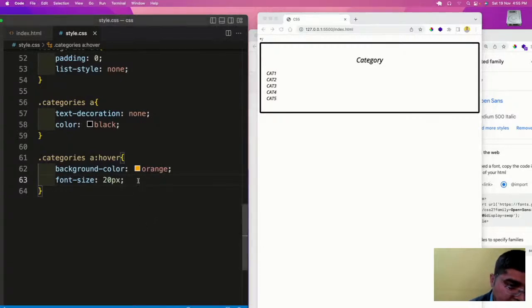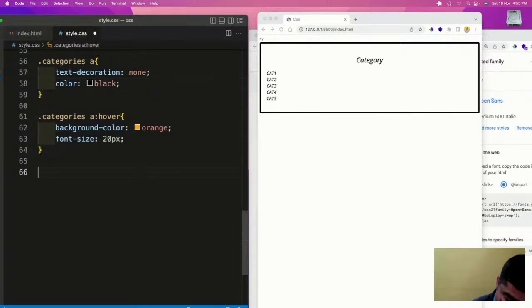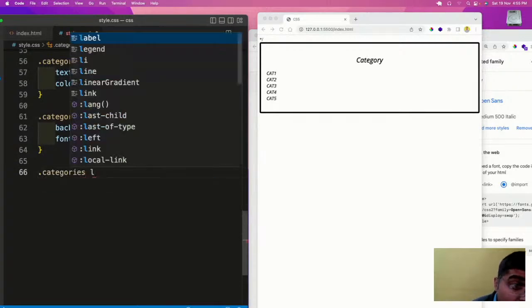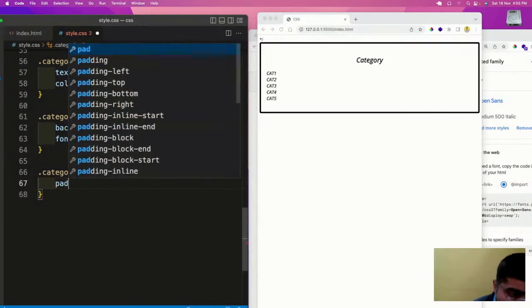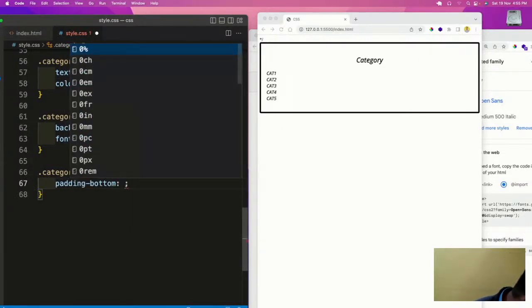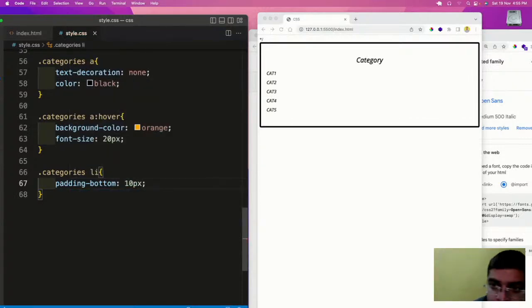And let us have some more things here. In this, the li is left, so .categories li. We have some padding at the bottom of, let's say, 10px.